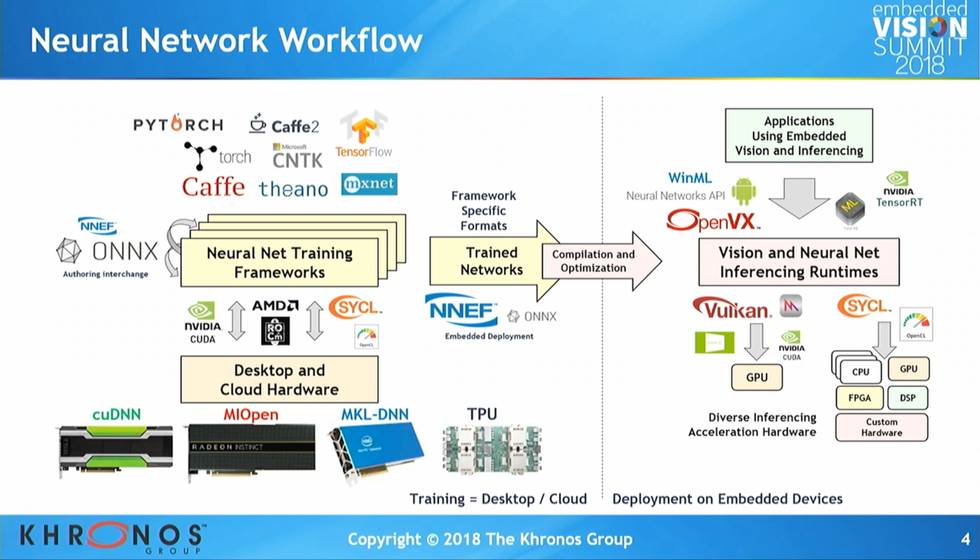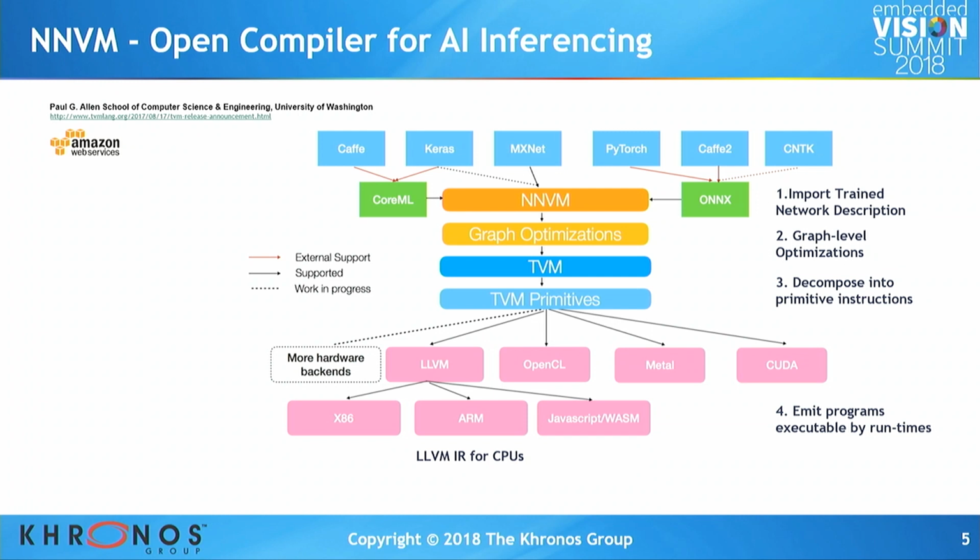The key thing is the compilation and optimization going from your trained side to your inferencing side. One of the most interesting projects out there, which isn't a Khronos standard, is a project at University of Washington, sponsored by Amazon, called TVM. It sounds like an NVIDIA thing. It's not an NVIDIA thing either. It's an open source project, and I think this is a great illustration of people using compiler technology to really optimize networks as they want to bridge from the training to the inferencing hardware.